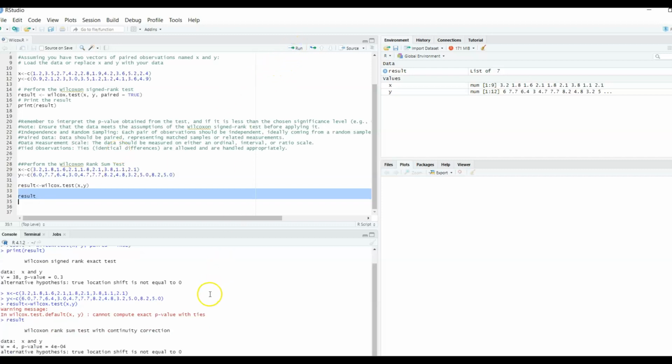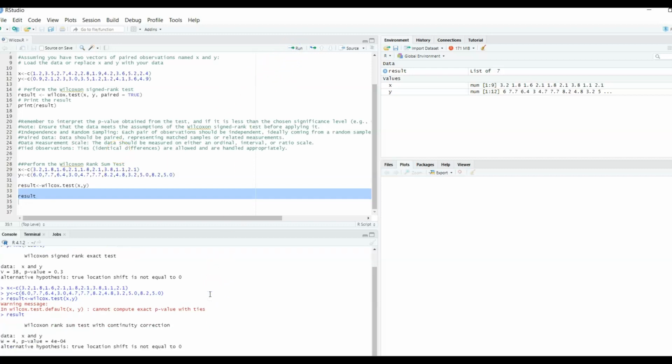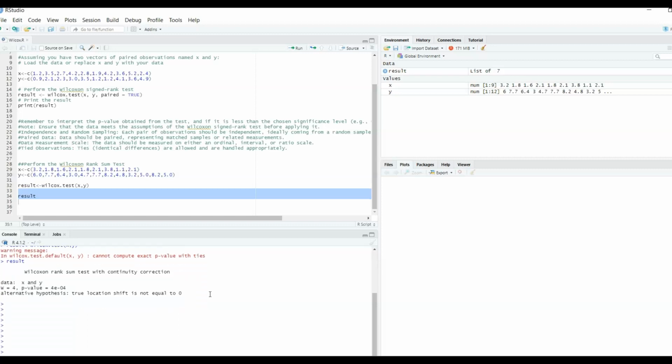And here's the result. For this test, it's a Wilcoxon Rank Sum Test with continuity correction. So that's what's implemented in R. And you can see for this data set, the p-value is rather small, so we ended up rejecting the null